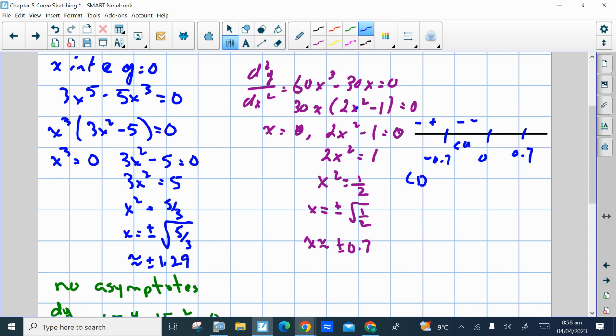When x is positive 1/2, you're going to get a positive times a negative, so the graph is concave down in that interval. And greater than 0.7, if x is positive 1, they're both positive, so the graph is concave up. So we have inflection points